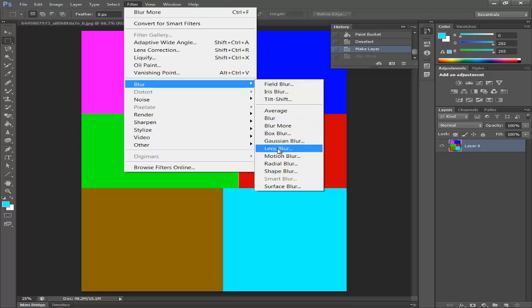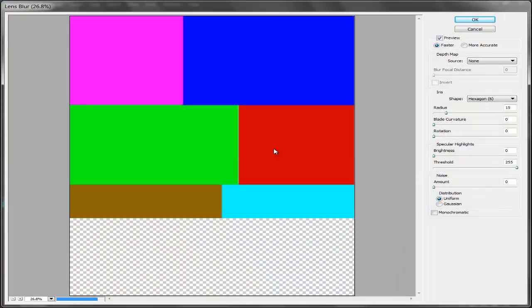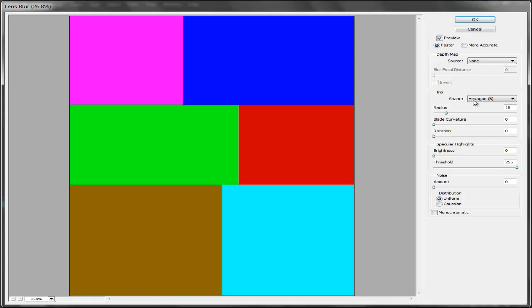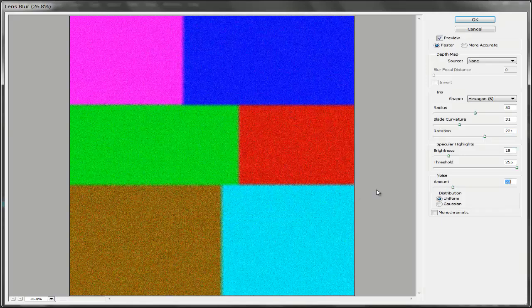Then we've got lens blur. You see this is an even fancier setup, but bear with it, please. Hexagon. The shape will be a hexagon. This will be very, very funny. Radius should be like that. I'm just going to show you what it all does. You see it's already starting to blur. Always notice it's already starting to blur when you take off the radius. Then the rotation of the blur, then the brightness. You could actually, and